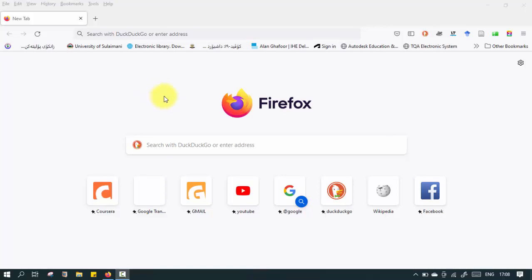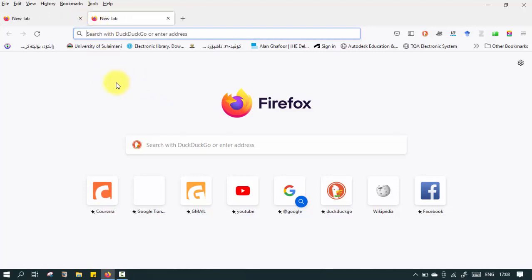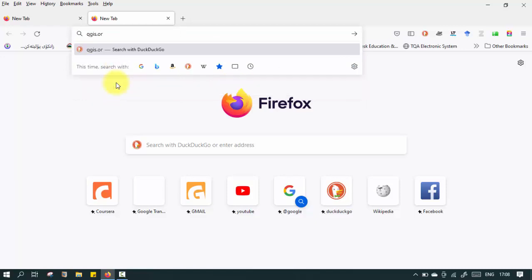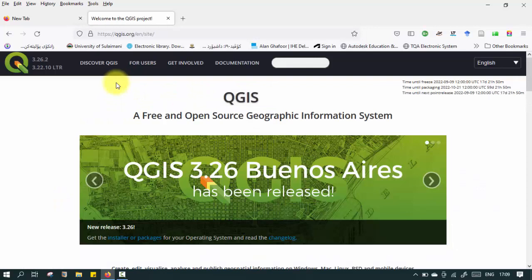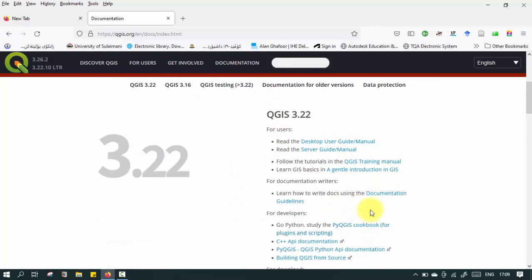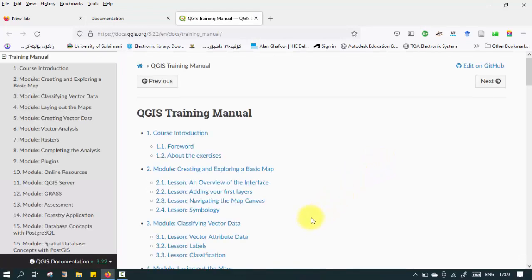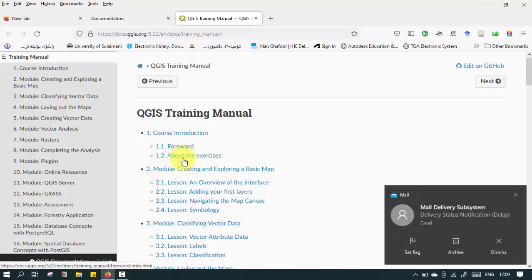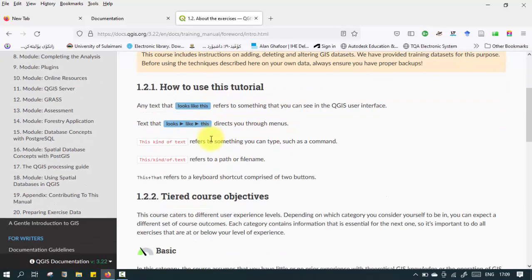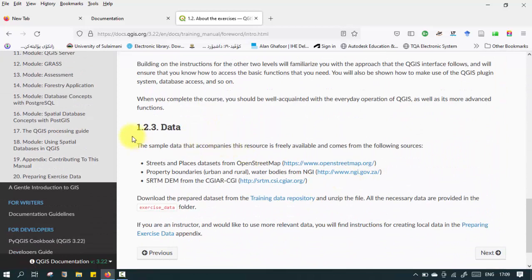Let's first start with the official site of QGIS. If I just type qgis.org, click on documentation and move to the QGIS training manual. From section 1.2 about the exercise, okay, and move down in section